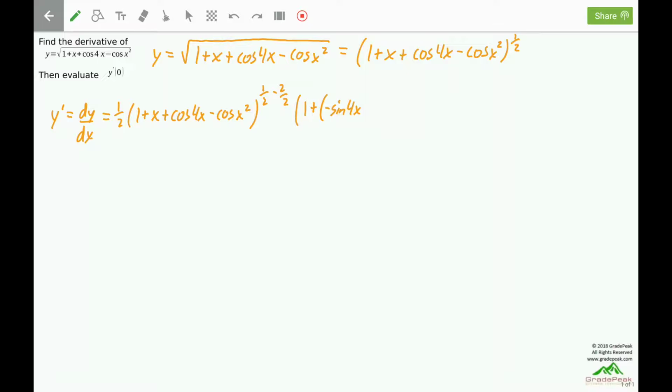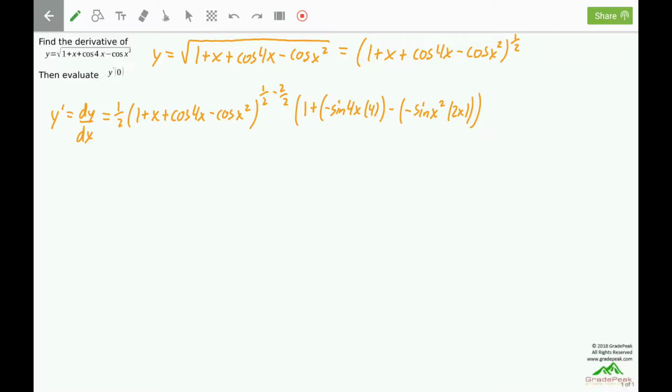But since the inside of that cosine is not just an x, but rather a 4x, we have to multiply by the derivative of its own inside. So it's negative sine of 4x times the derivative of 4x, which is a 4. And then we have minus the derivative of cosine, which again is negative sine. Leave its inside alone, and then the derivative of its inside, which will be a 2x. So we have a double chain rule here,